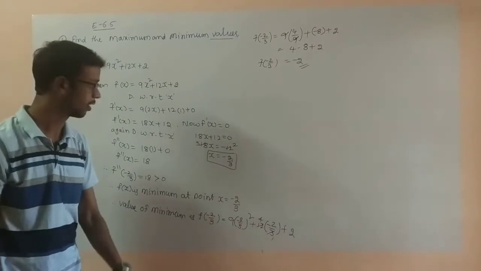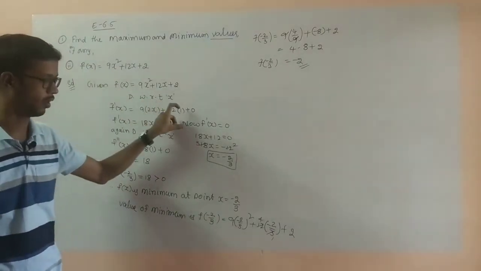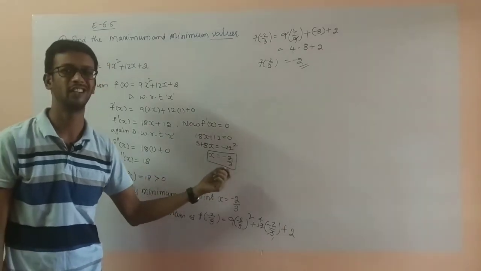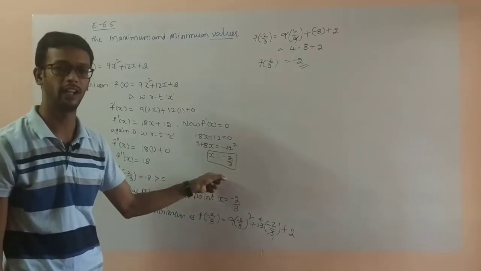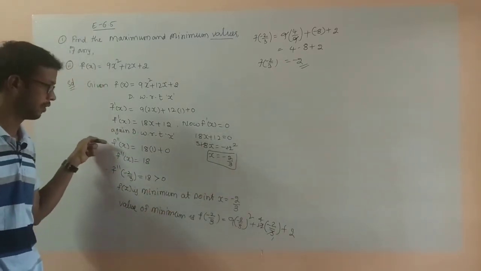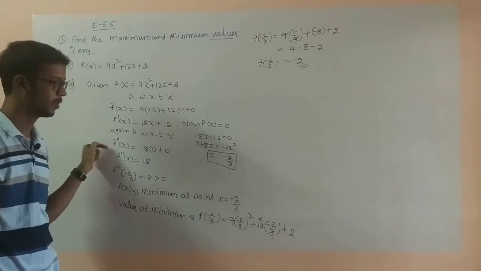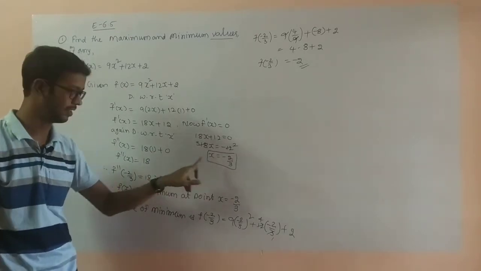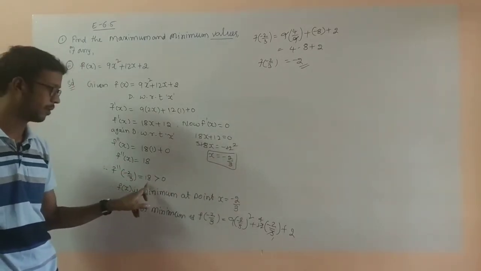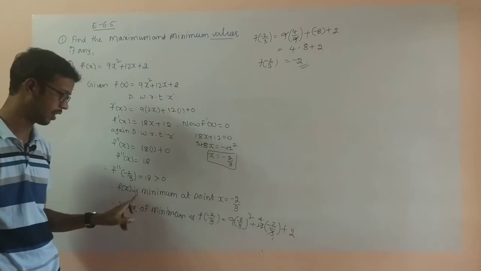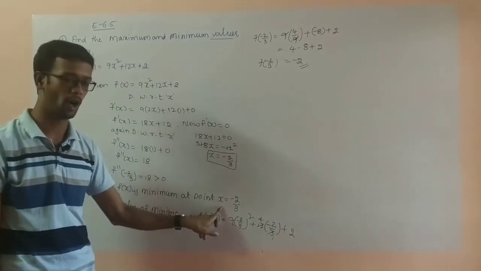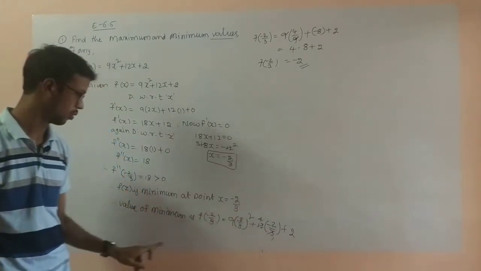Just roughly, again I will explain. First derivative test: equate to 0. That value will become one point we are getting, that is minus 2 by 3. This is called a critical point. Again differentiate with respect to x, the double derivative we find. In the double derivative, in place of x we have to substitute minus 2 by 3. F double dash, the double derivative, is greater than 0, so f of x is minimum. f of x is minimum at the point x is equal to minus 2 by 3.